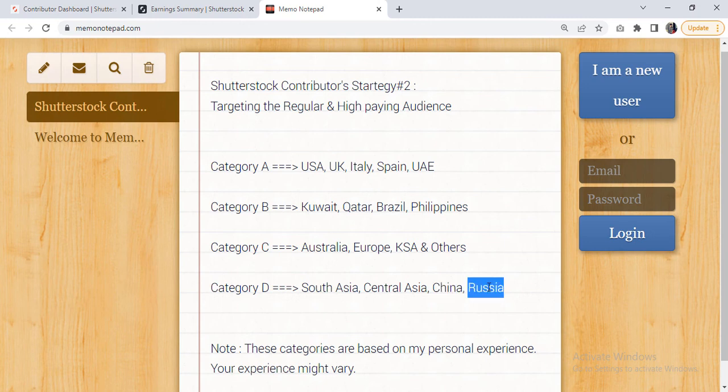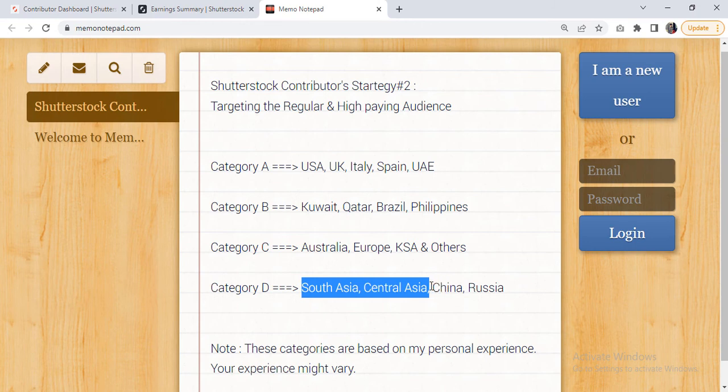The same goes for Russia. So I don't know what the reason for that is. I'm assuming that it is because of different language. Now these two regions, South Asian region and Central Asian region, are the ones where you will get some results. In fact, you will get reasonable results, but the problem is the subscribers or the clients which belong to these